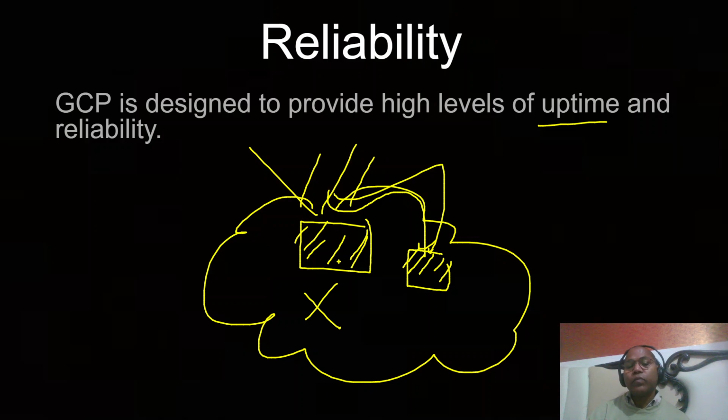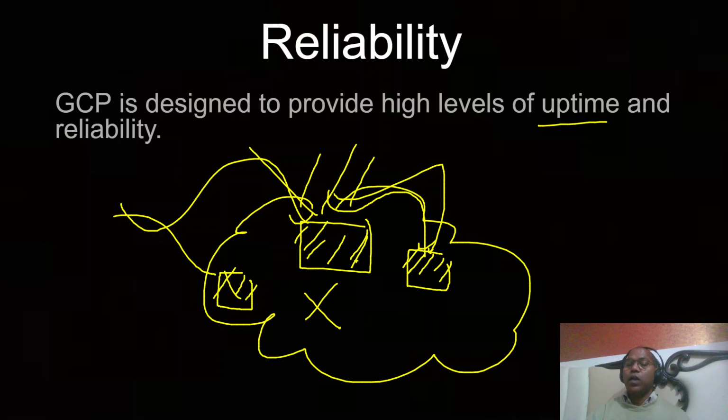So they maintain fault tolerance and uptime, because they have redundant copies, multiple duplicate copies in different regions. If one region somehow fails, or a disaster recovery event or some other problem happens, your request can be routed to another server, and that server knows about everything because it has a duplicate instance. Due to that redundancy, our systems are more reliable and uptime is maintained at the level of your service level agreement.